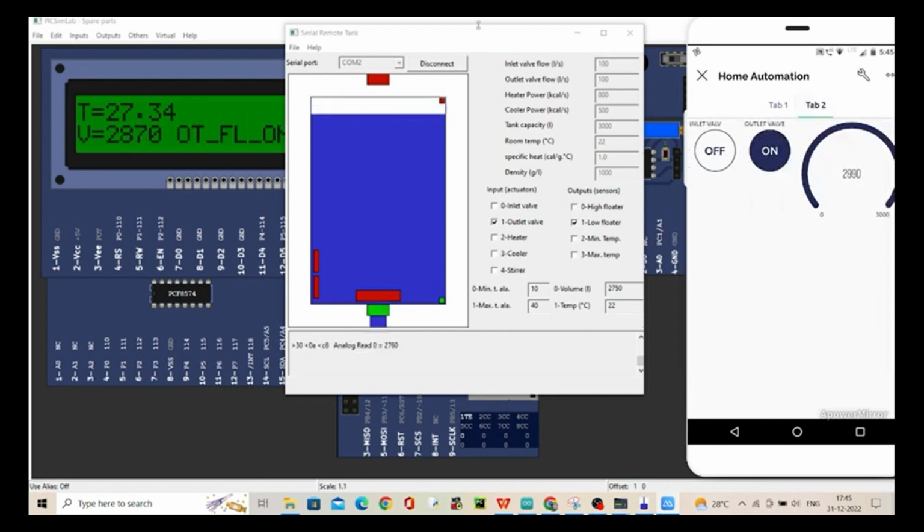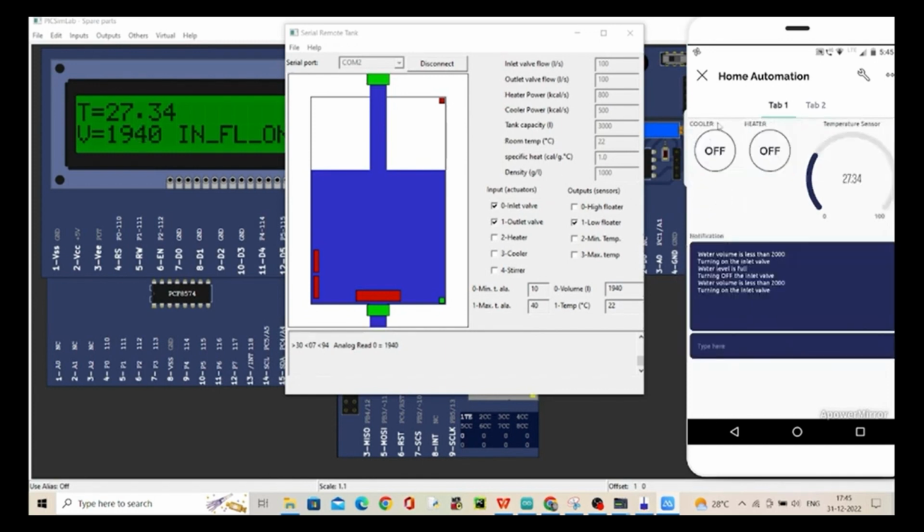As you can see, we have turned on the outlet valve. When we turn on the outlet valve, the tank starts emptying, but if its value goes below 2000, as you can see now, automatically the inlet valve will turn on.